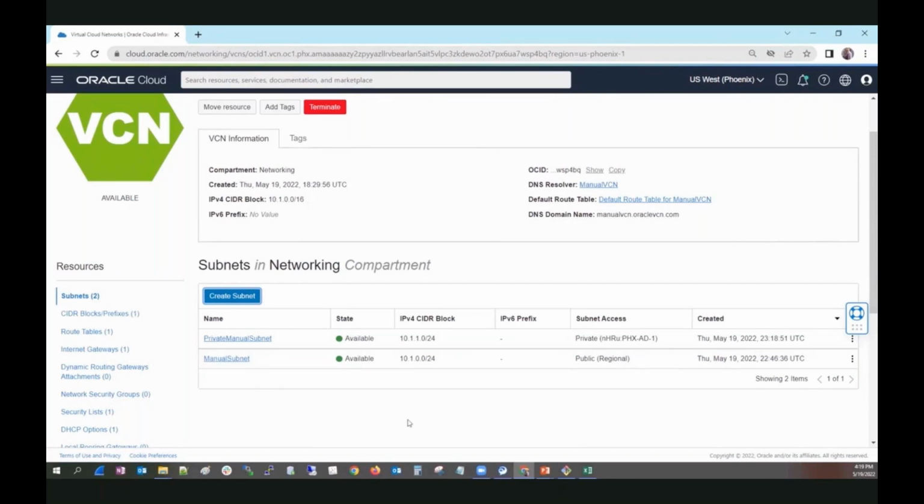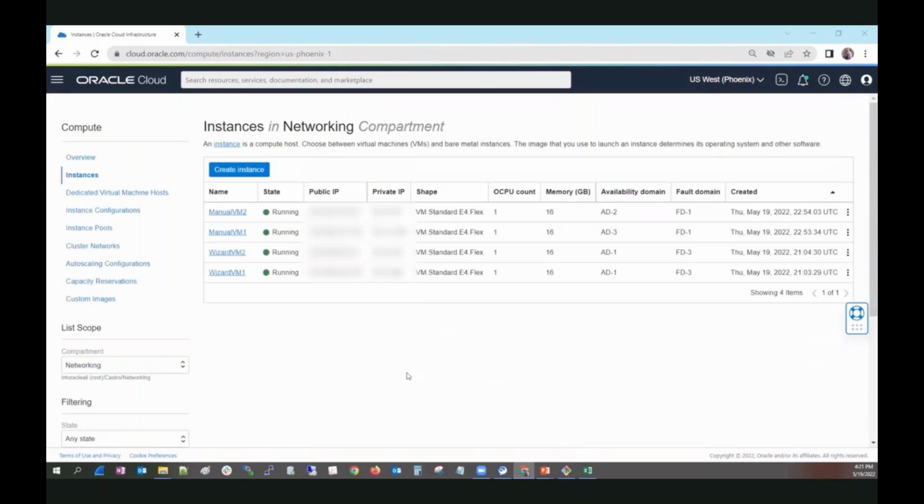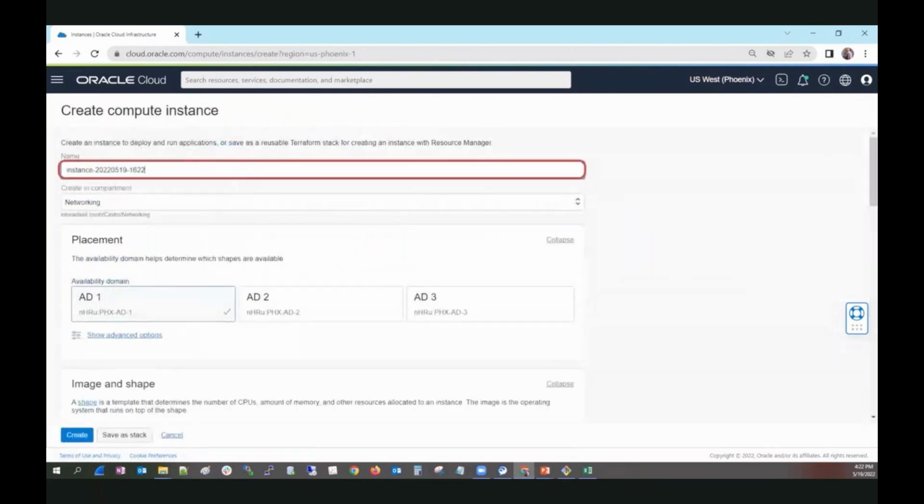We removed the internet gateway in the last lesson. I'm going to add that internet gateway back, and I'm going to create a compute instance in the private subnet. As you can see, I have not created the virtual machines yet. I did add the internet gateway to the route table on the public subnet. However, the reason why I have not created the manual VM yet is because I want to show you something. When you click on create instance here and you give it a name, I'm going to call this private